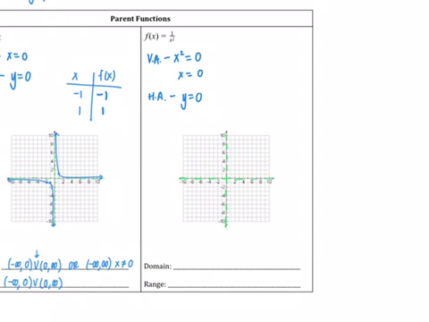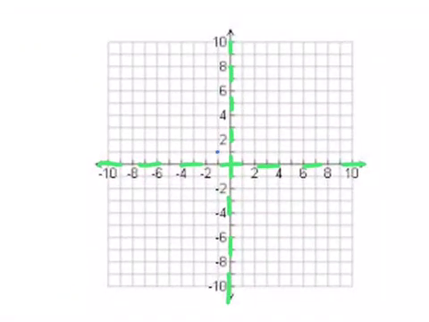I'm going to plug in a point on either side, so -1 on the left-hand side vertically, and 1. If I plug in -1, -1 squared is +1, and 1 divided by 1 is 1. If I plug in +1 for the x, I'd get 1 squared, which would just be 1. 1 divided by 1 is 1. So I have my 2 points, -1, 1 in each of the vertical pieces of my graph, and then I